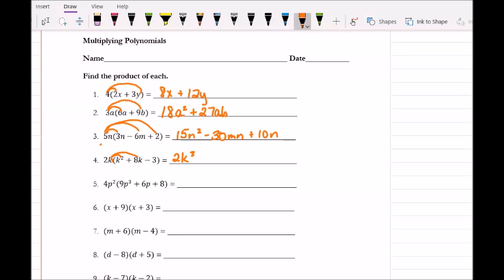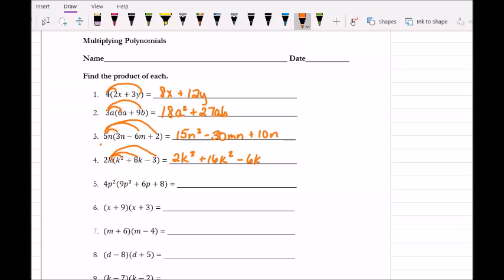And 2k times 8k is 16k squared. And 2k times negative 3 would be negative 6k. And you wouldn't be able to combine any of these because, as I was saying earlier, even though they're all